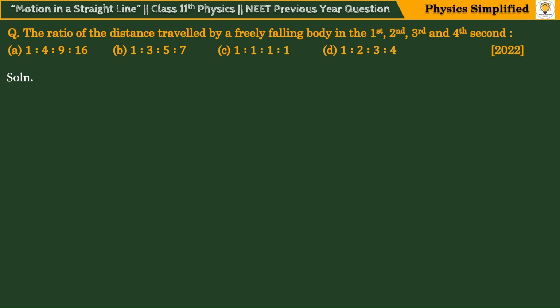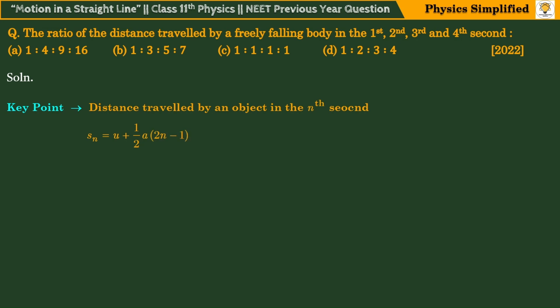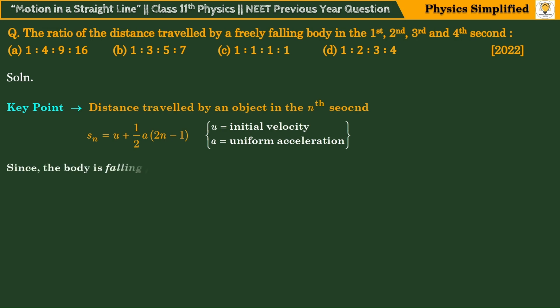Key point of the problem is the distance traveled by a body in the nth second. This is given by s suffix n equals to u plus half a into 2n minus 1, where u represents initial velocity and a represents the uniform acceleration of the body. Here, uniform means constant. As the body is falling freely, hence, initial velocity u is equal to 0, and acceleration